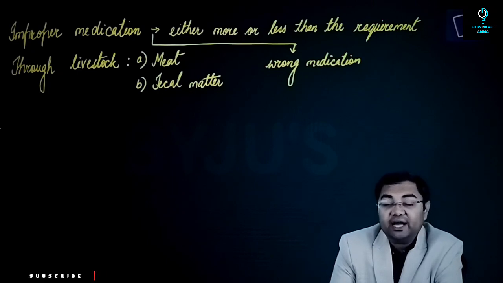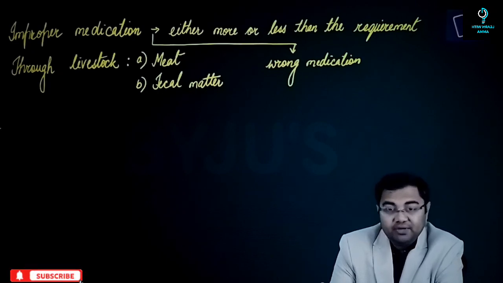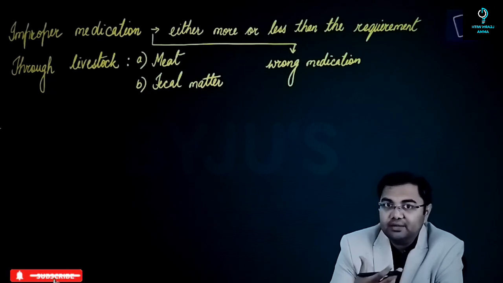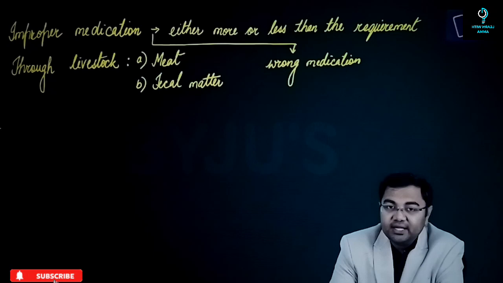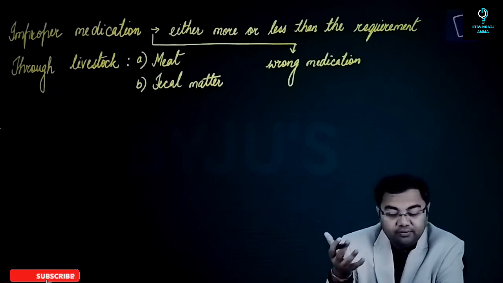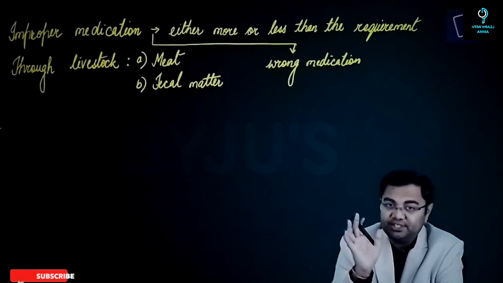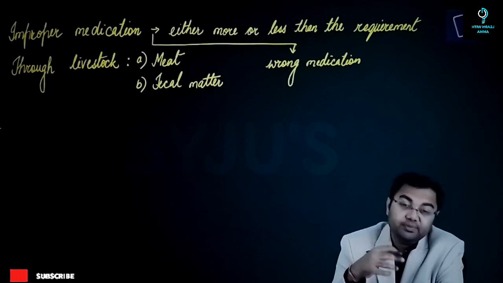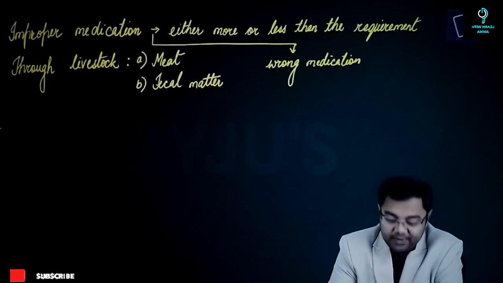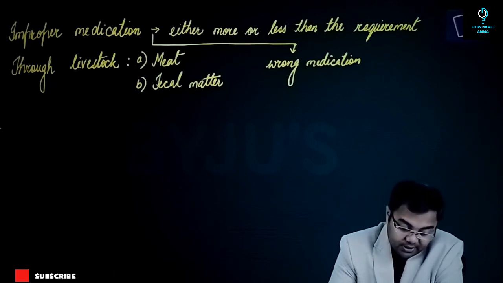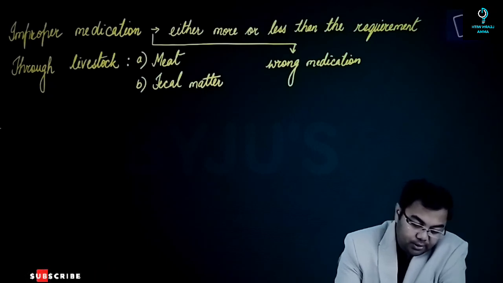But fever could have happened due to many things. We have seen so many symptoms of so many communicable diseases where every time fever is one of the symptoms. Correct? So you may not know why the fever happened and you are taking the wrong medication. So wrong medication can also become one of the reasons why drug resistance can start to build up in the pathogen. The third way could be through